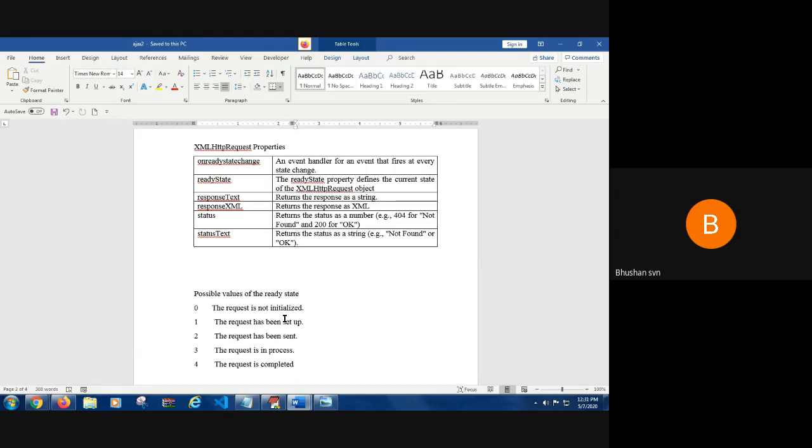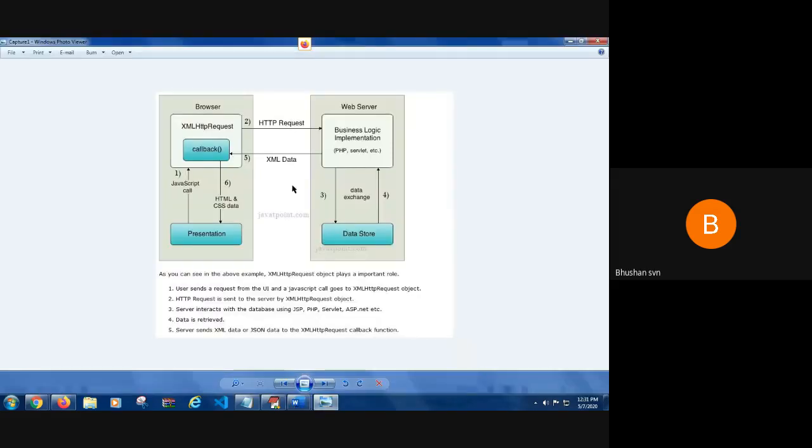Next, responseText. I don't want the information to be in XML format, I want to just display it as normal text. If you use responseText, it returns the response as a string. If you use responseXML, it returns the response as XML.